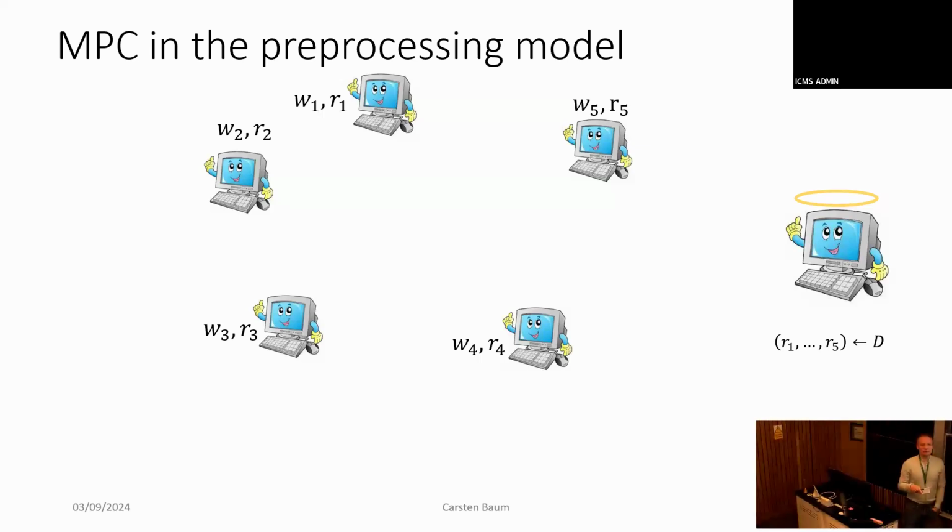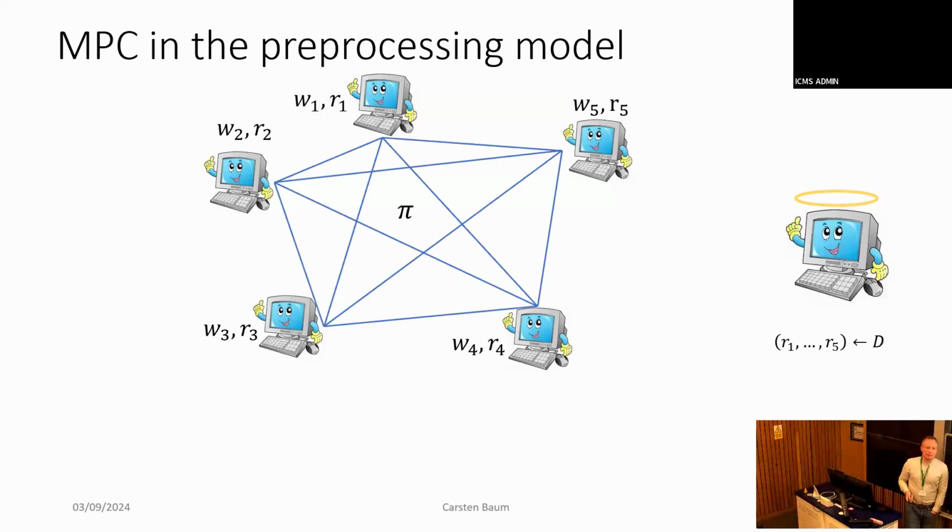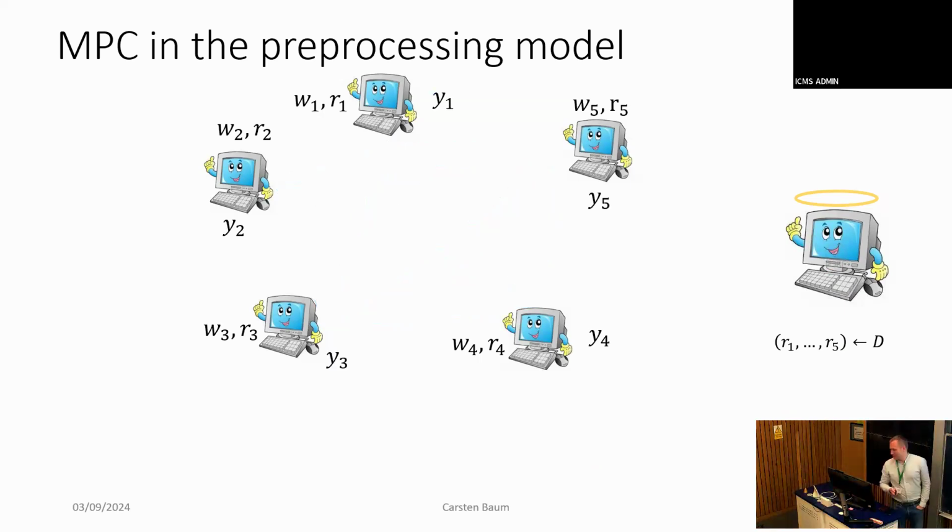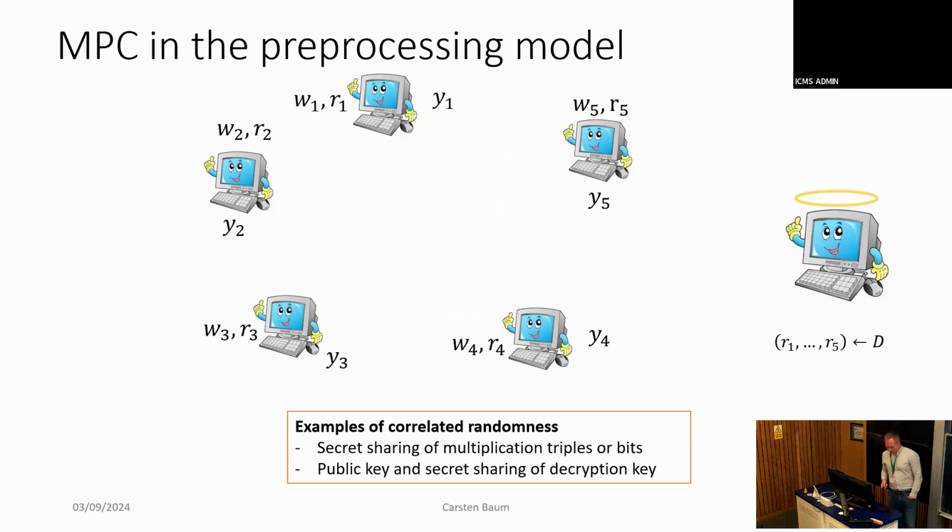Then they get the inputs. So the input is not correlated to the correlated randomness that the parties got. And then they run their MPC. And the cool thing is that you can build MPC protocols that are much faster, assuming this nice thing here on the right side. So we're going to exploit that. Or not us, but people who build MPC-in-the-head protocols. Then the MPC outputs, and so on.